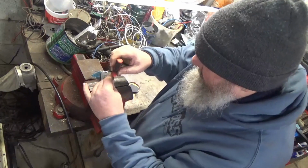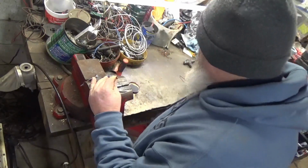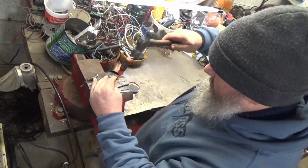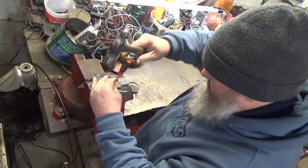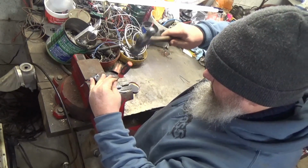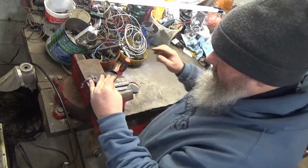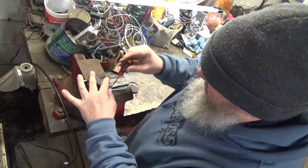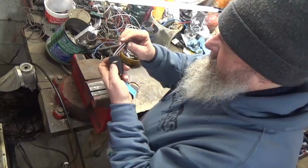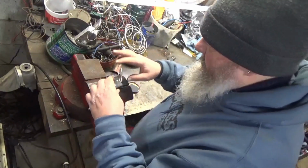We'll put this right at the roll pin. We'll try and hold everything here. I know you guys aren't going to be able to see this, but all I'm going to do is drive this roll pin down as far as it'll go. You can sort of hear that bottoming out. You're not going to go any further. So we'll pull this out. There you see it came out. You can see how far the pin's out now. So what I'm going to do